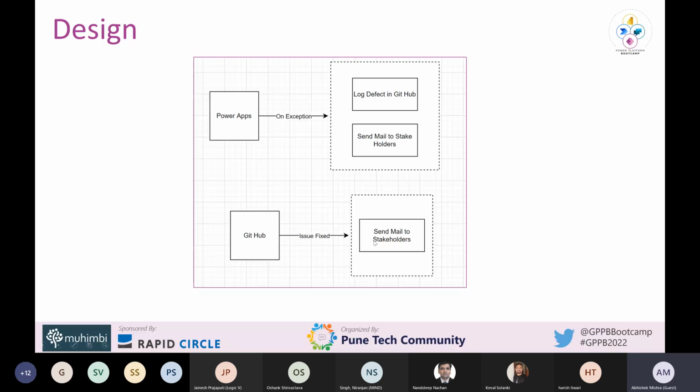Here, the dotted lines are Power Automate flows. I forgot to mention this in this draw.io sketch. So once the issue is fixed, again we are going to use the Outlook connector to send a mail to the stakeholders. Normally in Power Automate, I forgot to mention this in the previous deck,